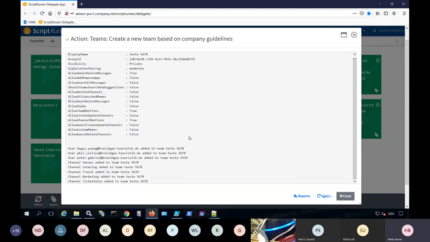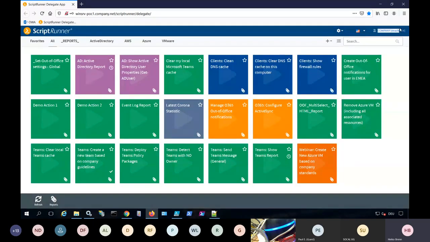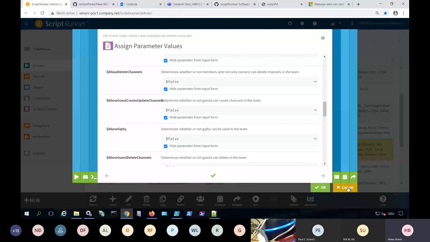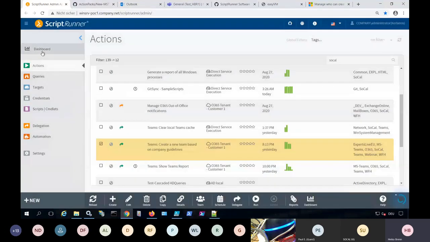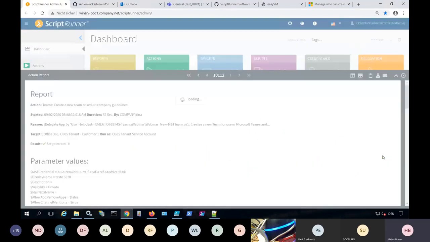And so here we see a result of what we have just done, which has been, by the way, done by this user Tina, who is just a normal domain user, as I mentioned before. And also, for example, you would be able to spin up a VM in Azure, and we're coming back to this use case later on. Now, what is also, I think, very helpful is, of course, we're talking about the monitoring functionality of ScriptRunner,